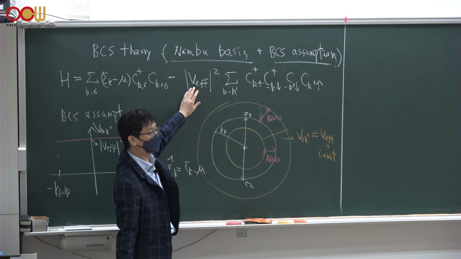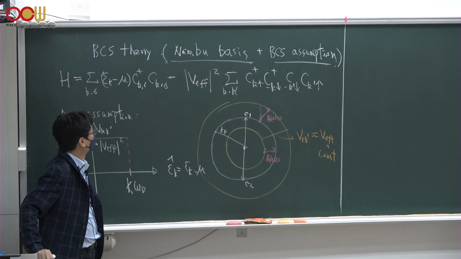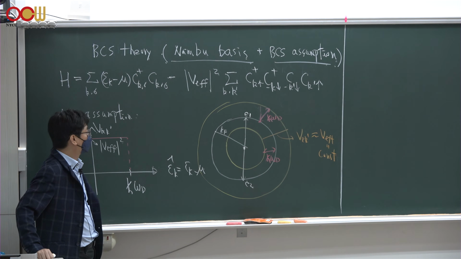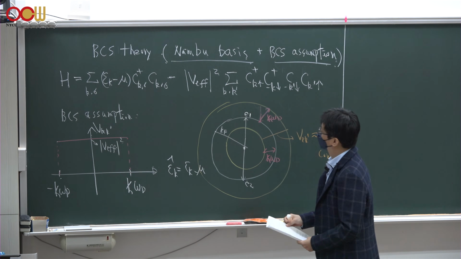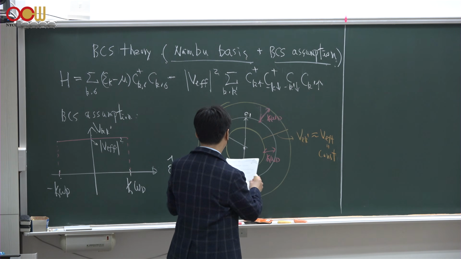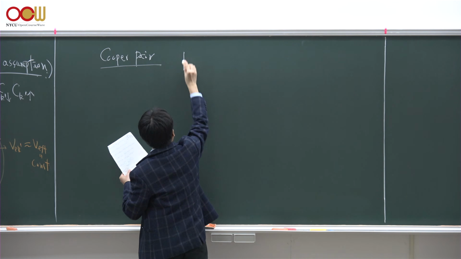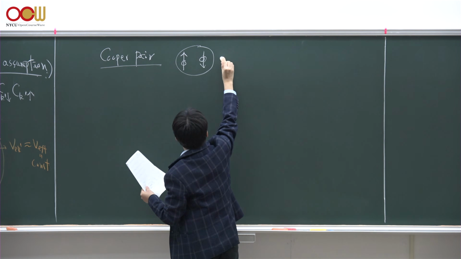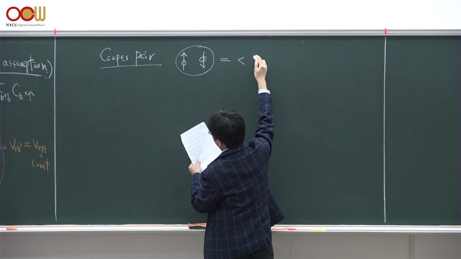which I call V effective squared, because it is proportional to the square of this electron-phonon matrix element. In other words, this electron-phonon matrix element is a constant within that window. So this is the BCS assumption, and then, from the Cooper pair idea, these two electrons must form a pair. In other words, if I take the ground state expectation value,